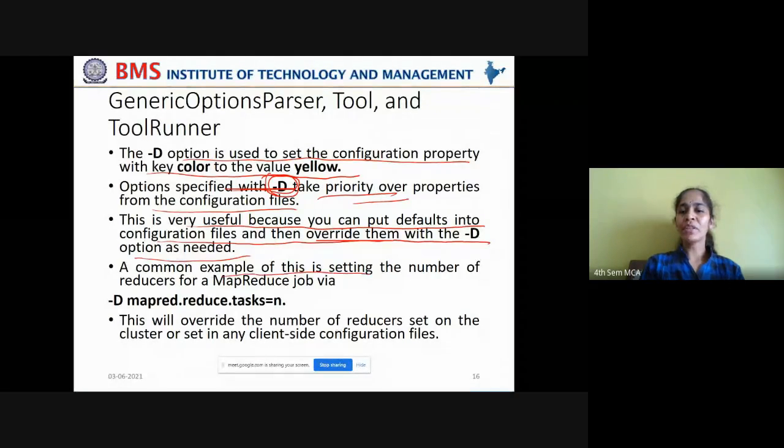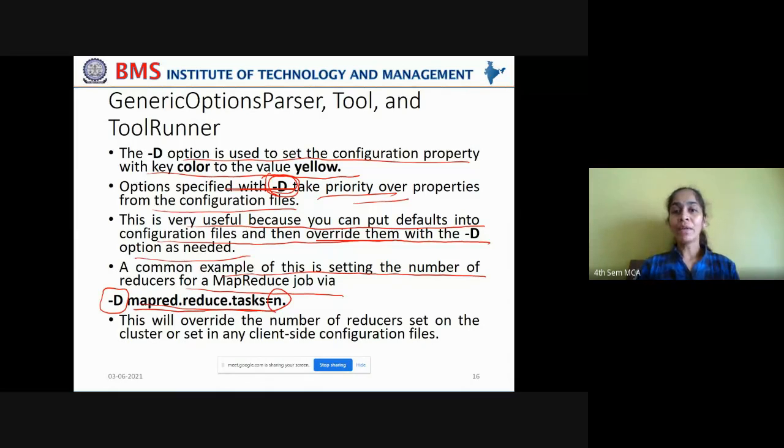Now, a common example of this is setting the number of reducers for a MapReduce job via mapreduce.job.reduces. I'll explain this clearly. When you're asking through a command line argument to override mapreduce.job.reduces to n, why do we do this? Initially, we may not have an idea about how many reduce tasks have to be included in a MapReduce job. We may have one reduce task, two reduce tasks, or no reduce tasks, such that map tasks execute in parallel and write to the file system directly.